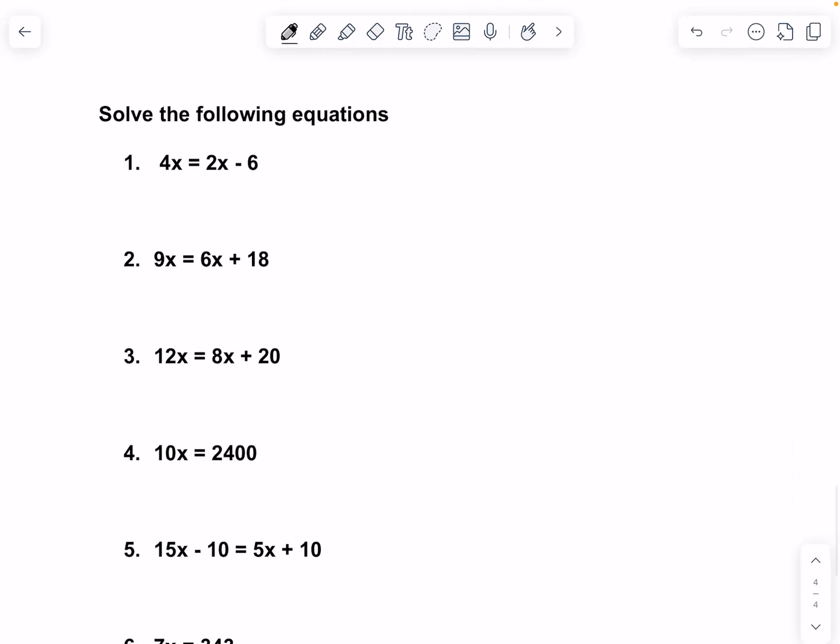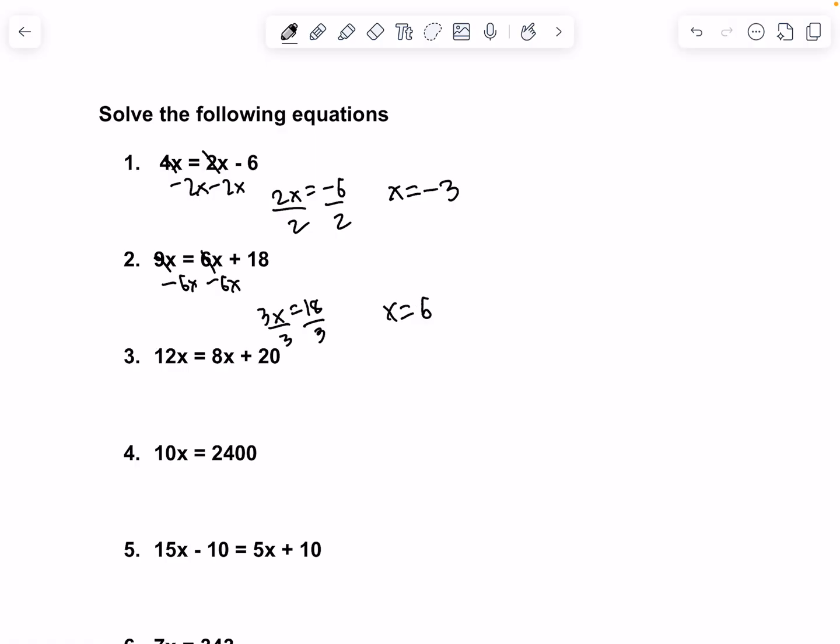Sorry about that. Number 1 says 4x is equal to 2x minus 6. We'll subtract 2x on both sides to get 2x equal to negative 6. We divide by 2 on both sides to get x by itself, and that'll give us x is equal to negative 3. Same for this one, we'll subtract 6x on both sides. That'll give us 3x is equal to 18. We'll divide by 3 on both sides. That'll give us x is equal to 6. And then the rest can be